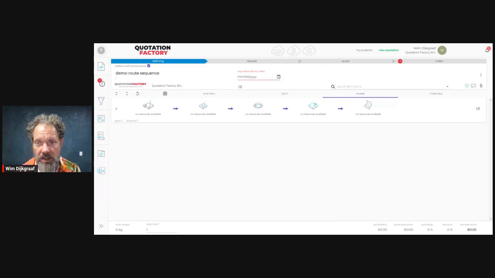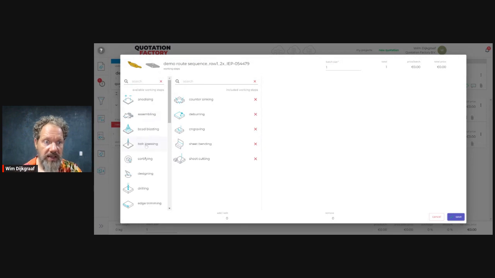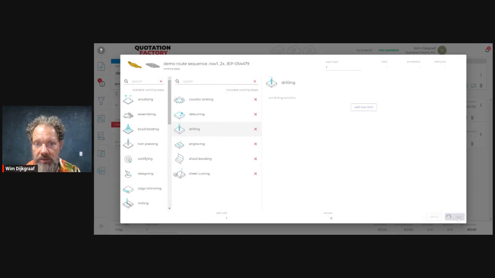If I try to change this order, it's not allowed because it doesn't fit within one of the several route templates configured. Now, last scenario, let's suppose that I add drilling. Drilling is not part of the template, so here it is again displayed in alphabetical order.